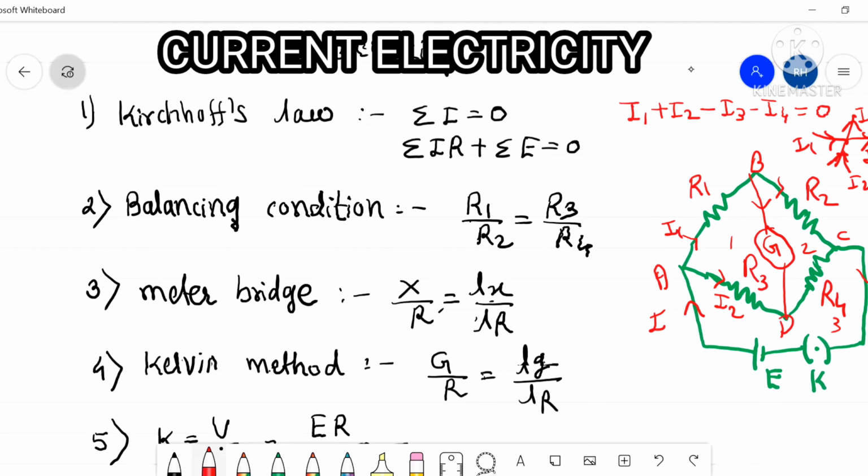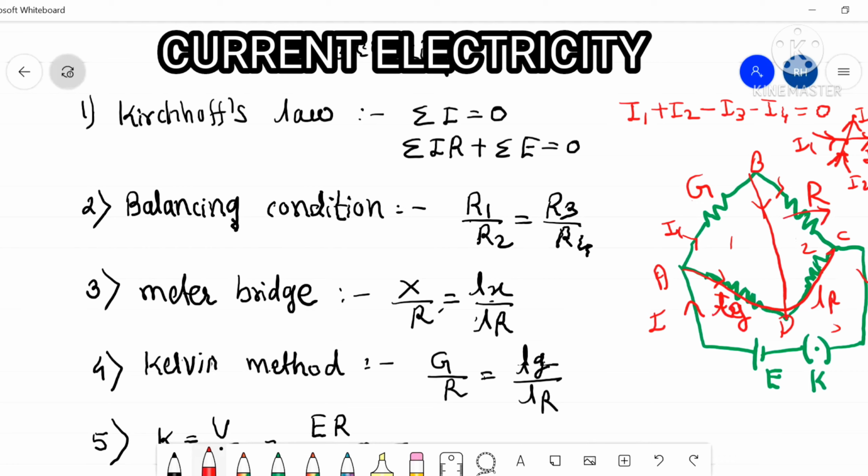Next is Kelvin's method. In Kelvin's method, we are finding the resistance of a galvanometer. Instead of this X, G is connected. Here I will show that X, R1 and R2 are not connected; here the galvanometer is connected. Next the resistance box is connected. After that, this is a long wire having lengths LG and LR, and this wire's B and D are directly connected. Like that, a bridge network is given, similar to the previous one.